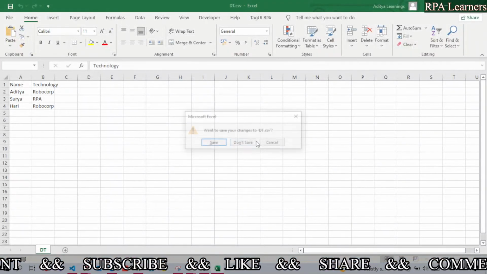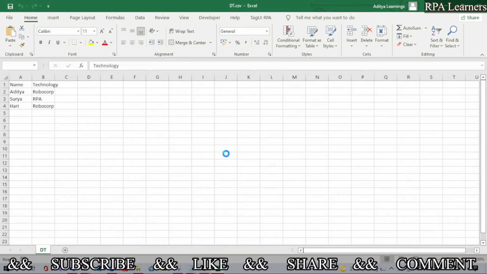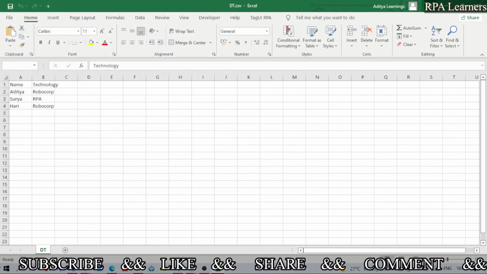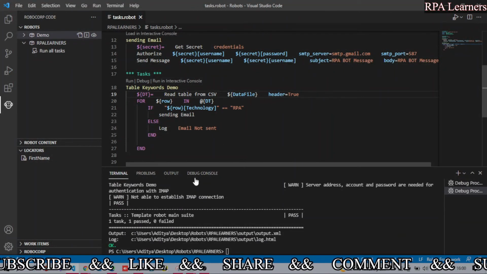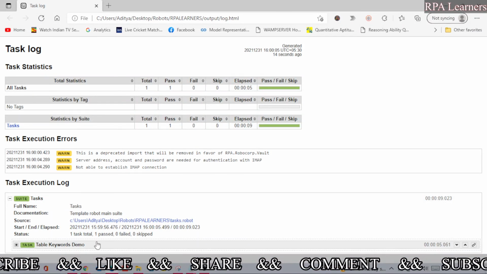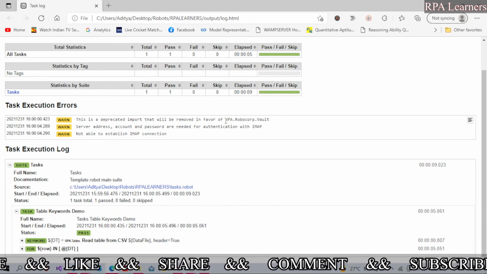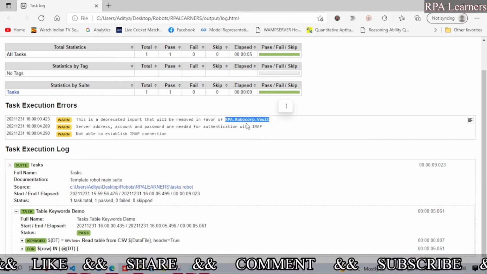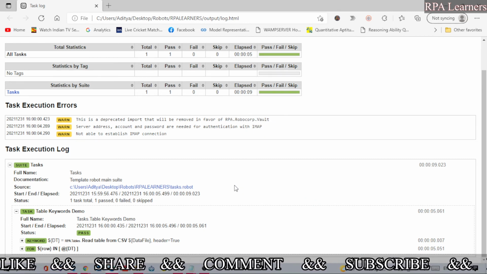We kept this open. Let's close this. Now the execution is completed. Let's go ahead and see. Let's refresh this, and the server address and these warnings you can neglect, because instead of using a JSON file, we need to use robocorp.vault. We will see that when we actually learn about the cloud control room of Robocorp.